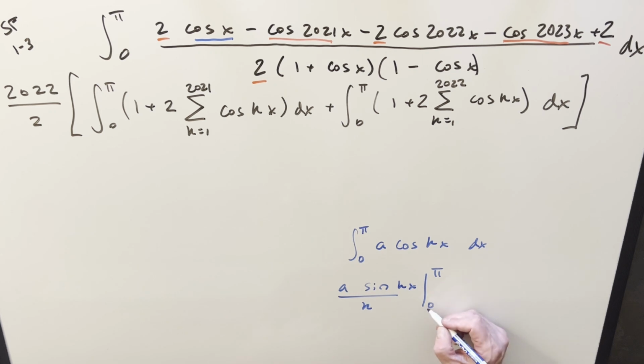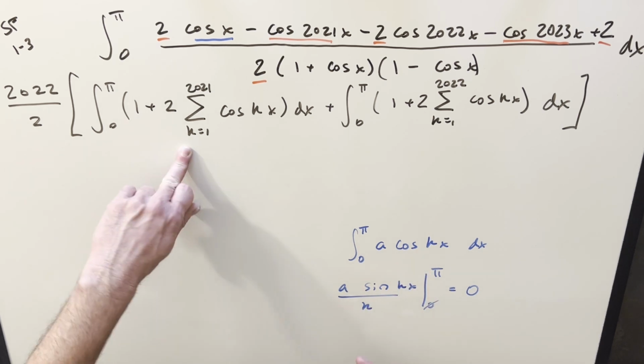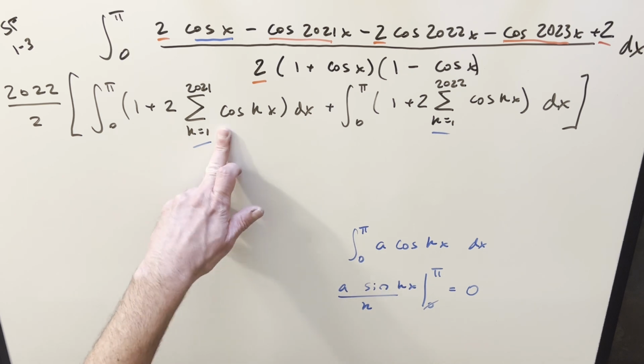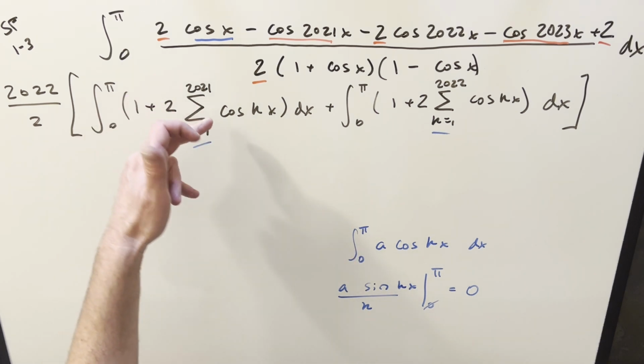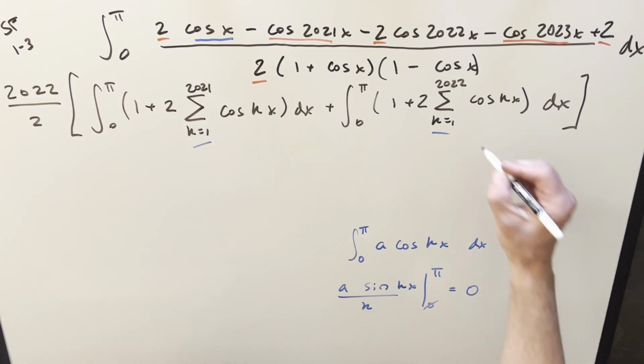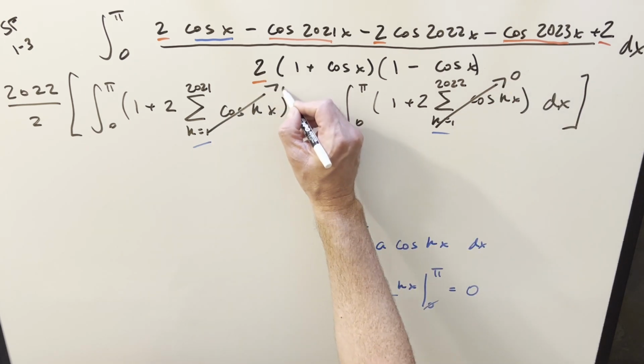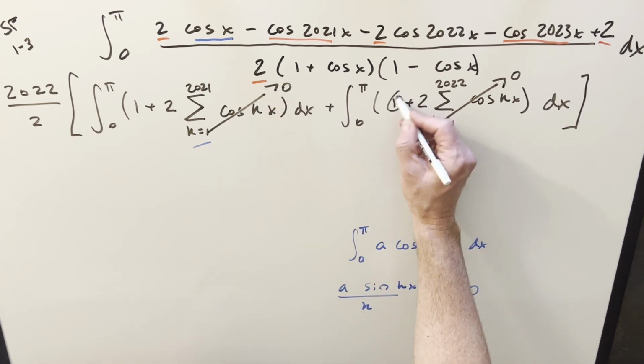You'll notice the 0 value is always going to be 0, and then the pi value also, when k is an integer, is still going to be 0, and we don't have to worry about the case when k is 0, because in both cases k is starting at 1. So what happens when we expand this out? Even though it's 43 different integrals, they're all 0. So this one is going to 0, this one's going to 0, and all we're left to deal with is